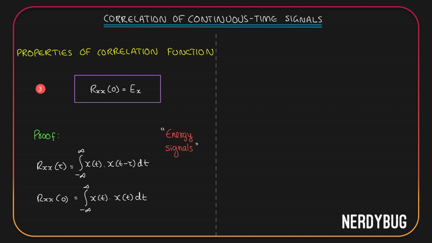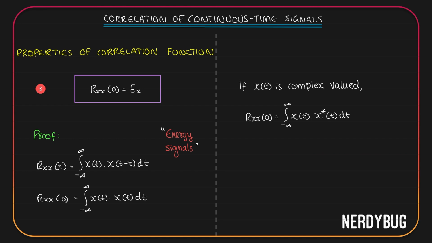dt. Now, one thing I haven't mentioned yet is that if our signals whose correlation we are trying to find out are complex valued, then you have to take the conjugate of the second function. It will be integral from minus infinity to infinity x of t y conjugate of t minus tau. To make this property more general, let us consider x of t is complex valued. Then Rxx of 0 will become integral from minus infinity to infinity x of t. Second one will be x conjugate of t dt.